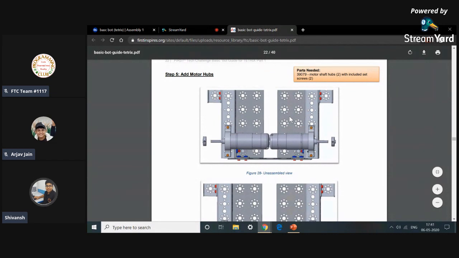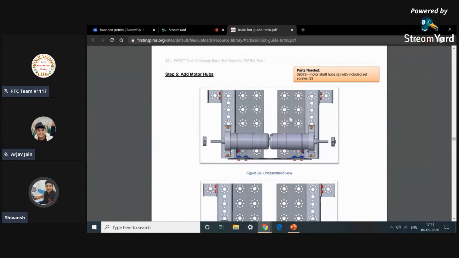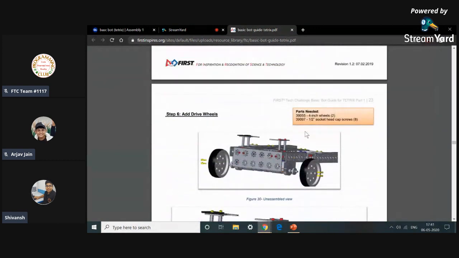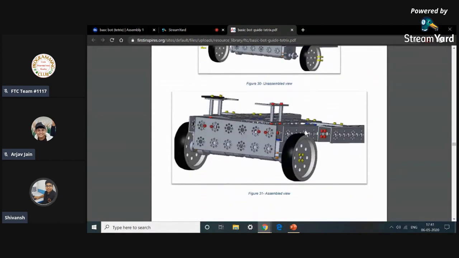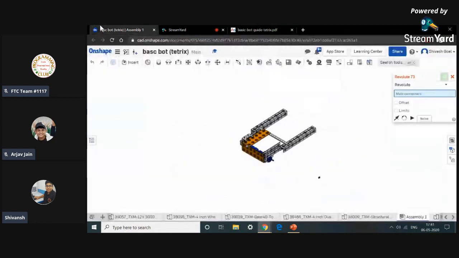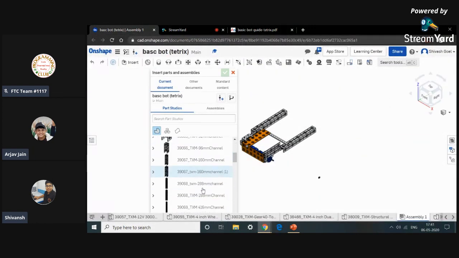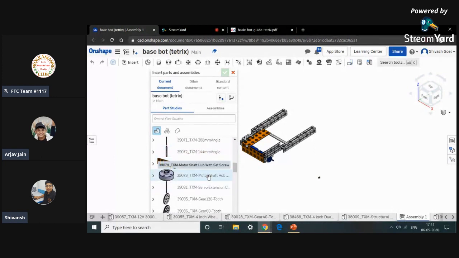Now we have to add the motor shaft hubs on these two motors, and then we'll add the wheels. Inserting the parts, motor hub and the